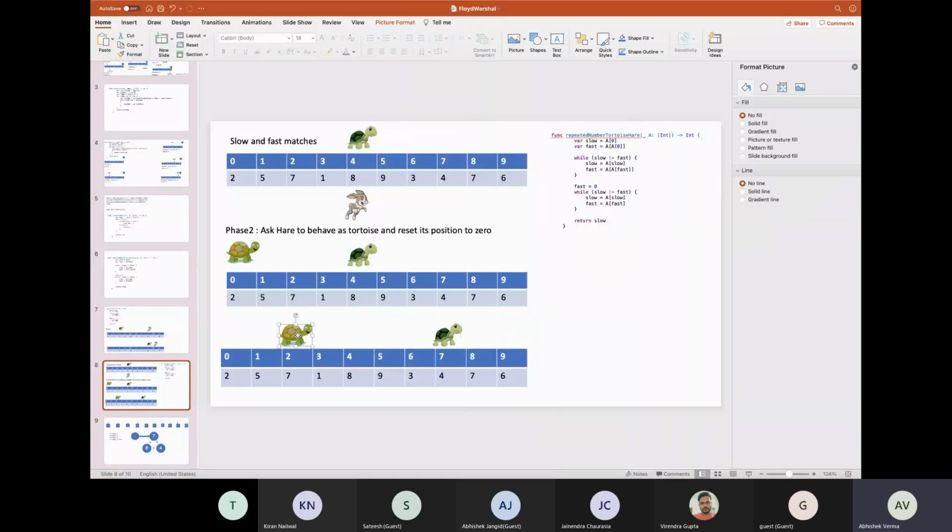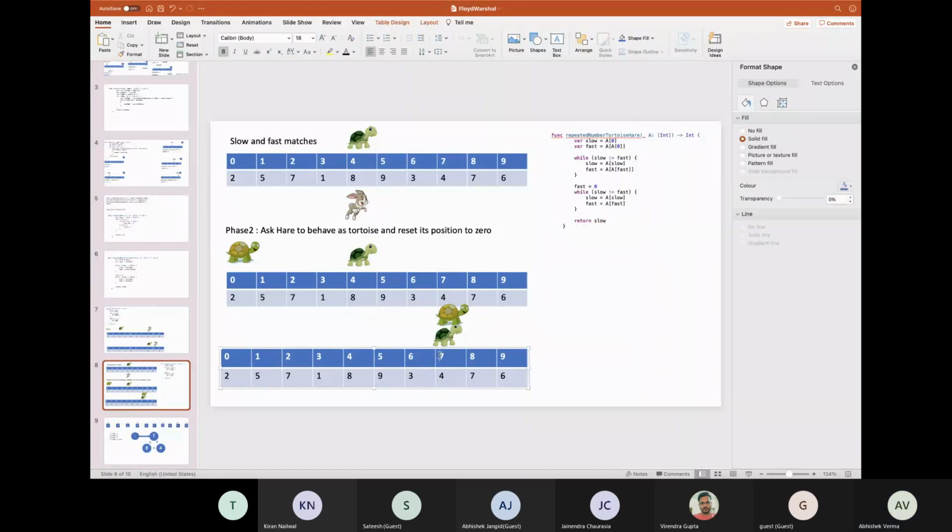And fast, this one will also move to the 7th position. So now slow and fast are both at the same position. The index which I am returning is slow, so slow will be returned. So 7 will be returned, which is actually the repeating element.